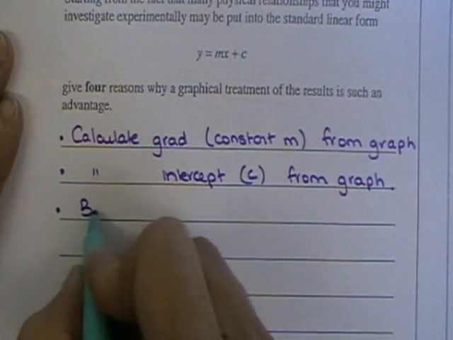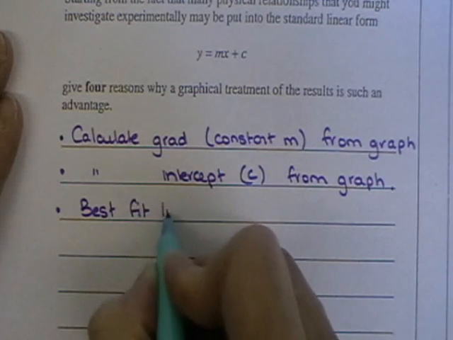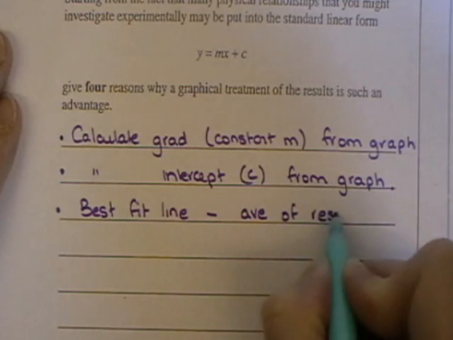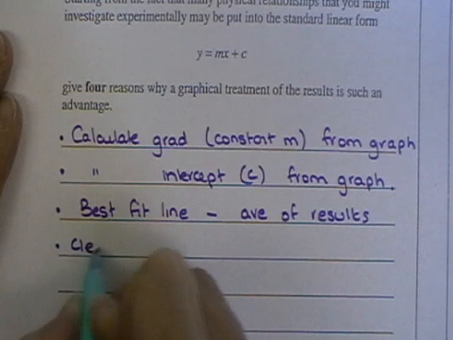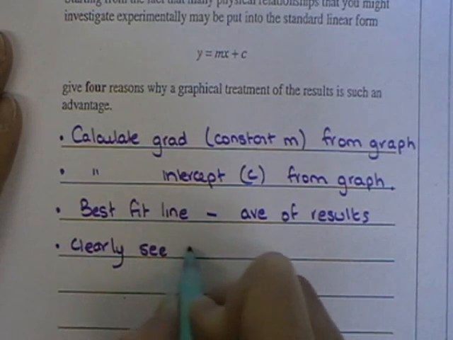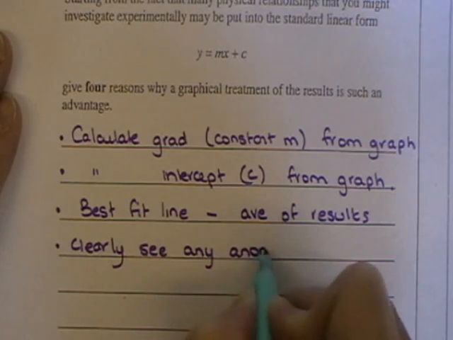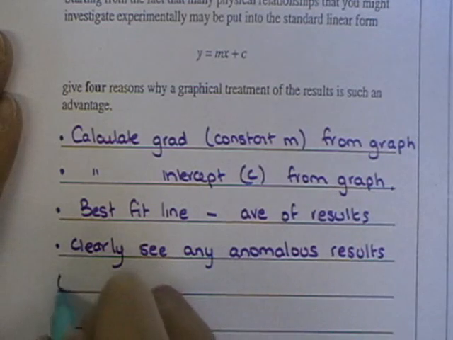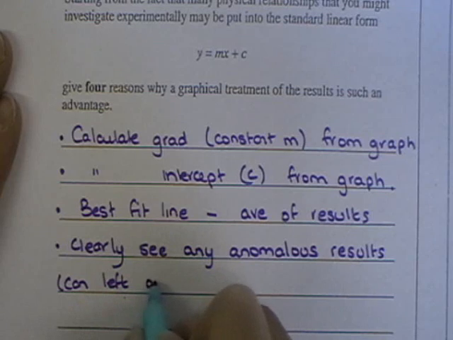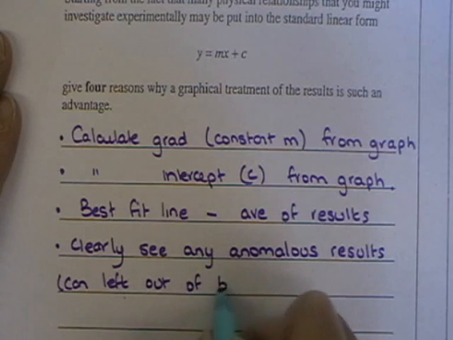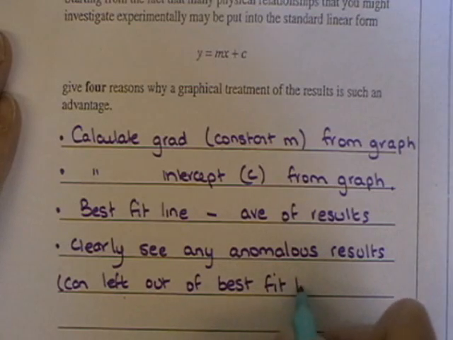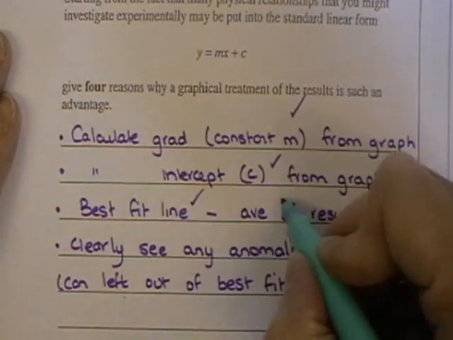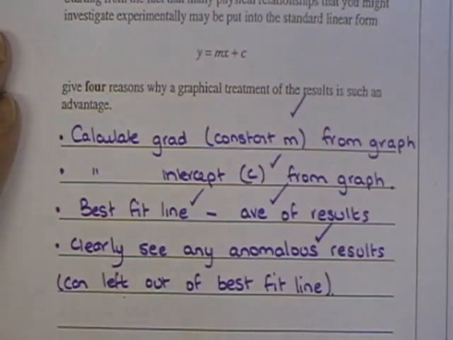You can draw a best fit line, and your best fit line is an average of your results. You can clearly see any anomalous results and leave them out if that is the case. So they can be left out of the best fit line. So any 4 out of 5 there will get you your marks. There's 2 marks there and 1 mark there. So any 4 out